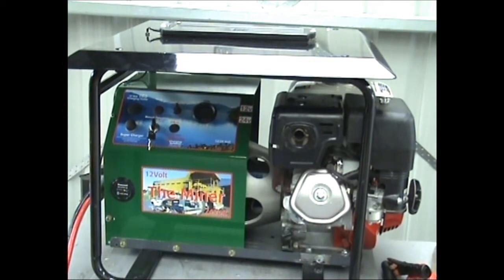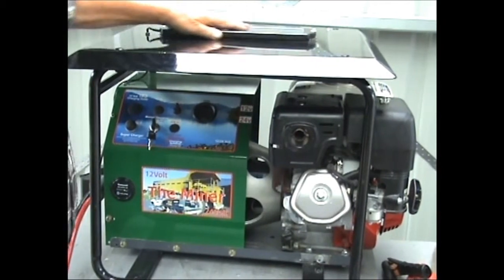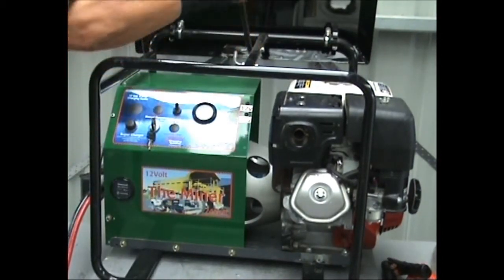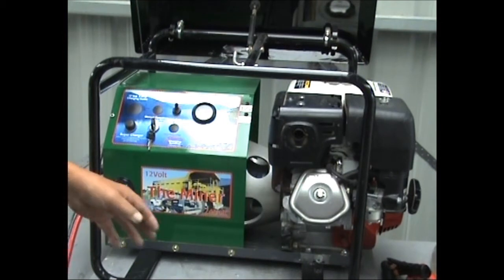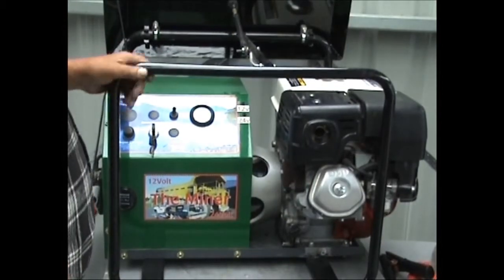This is another version of our miner. This was made to order. They requested a bit of a cover over it, and on the top we've got a small solar panel, and that just keeps its internal battery charged up, because in this situation it may not need to be started for probably 1 week or 2 weeks or 3 weeks or 4 weeks, because it's definitely 100% jump start stuff. So we decided we would put a little battery in there, and it's also, because of what it's doing,